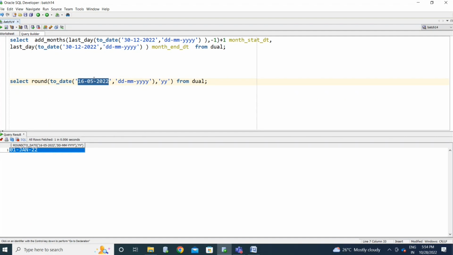If you are in the 7th month, it will display the next year because of this round function. If you want to know the starting of the year or the ending of the year, you need to use these functions. That's the reason I'm explaining very clearly this many times. Okay, round function, right? Now, if I use the trunc of,